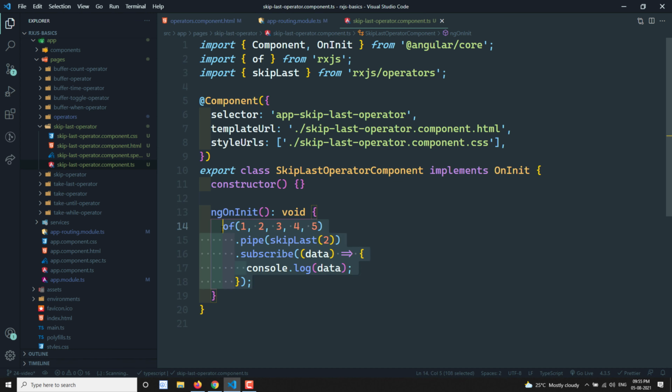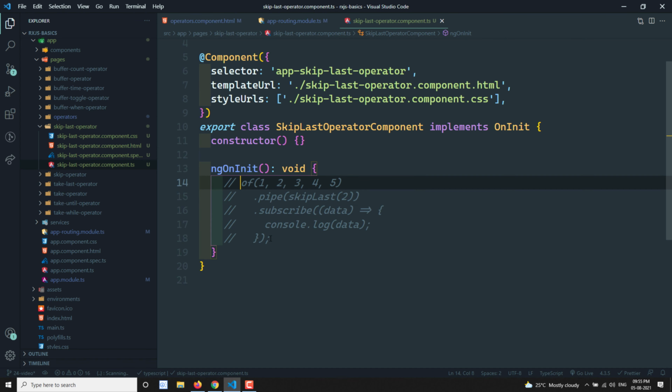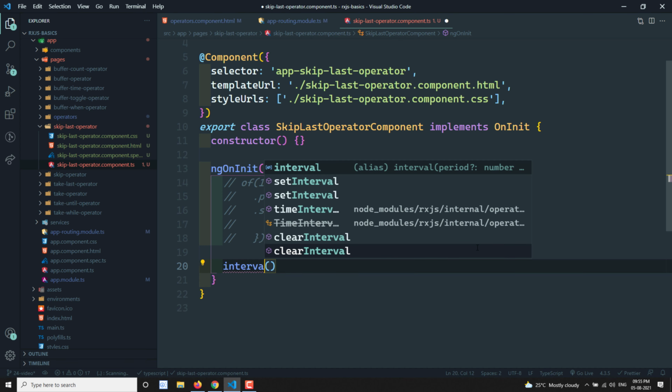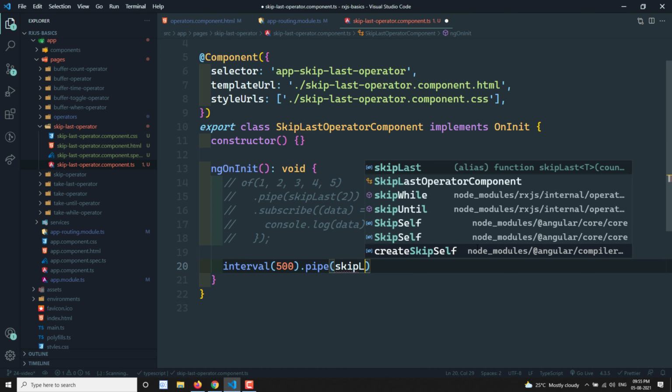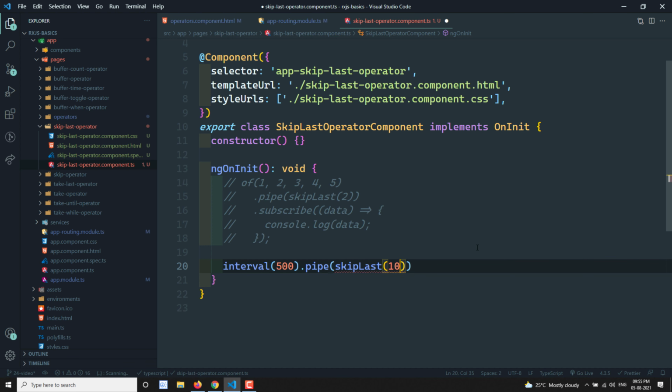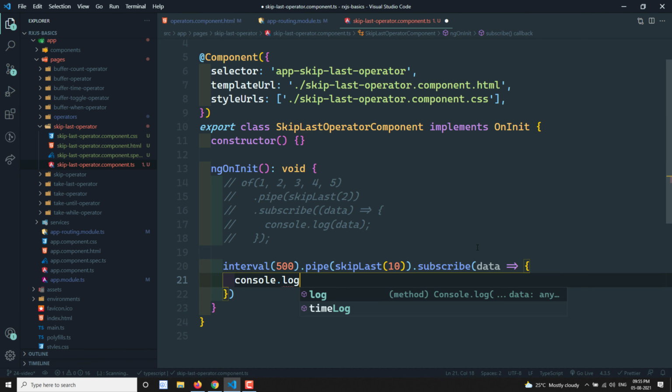Now I will show you some important thing. I am commenting out this one, and I am taking now interval. If I take this interval, let's load it. Now it will emit the values every 500 milliseconds, and I am using the pipe operator. Now I want to skip last of 10. Okay, so now if I try to subscribe, and if I try to console.log of data,